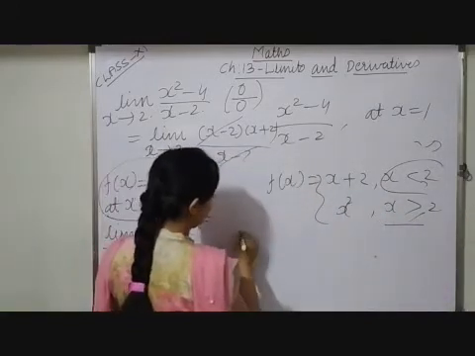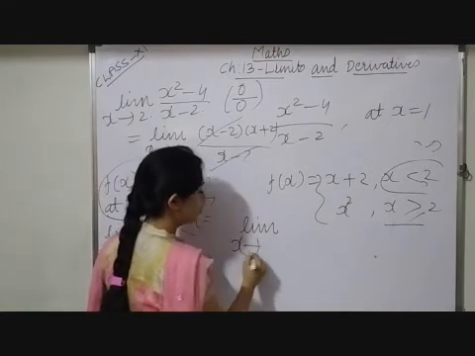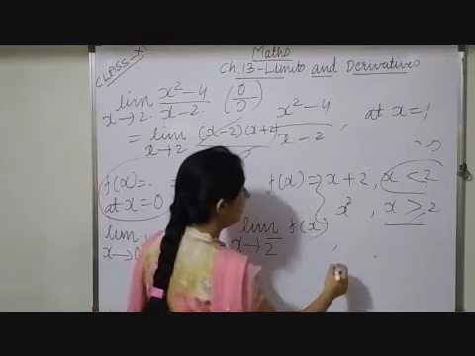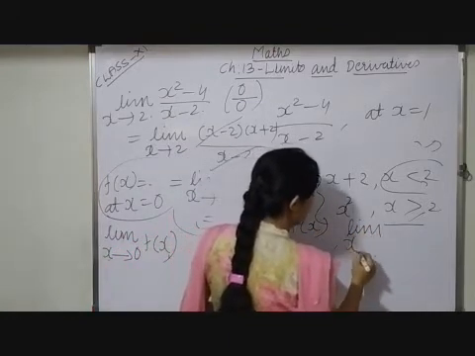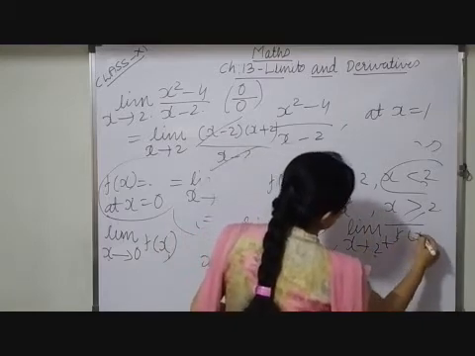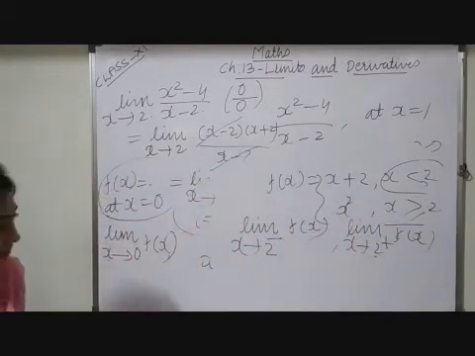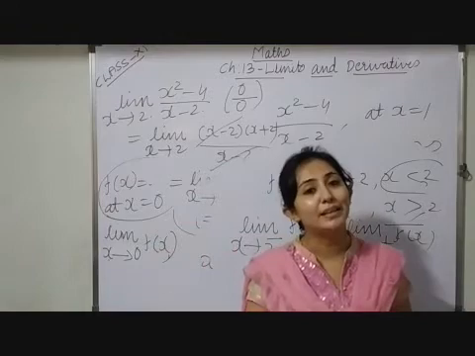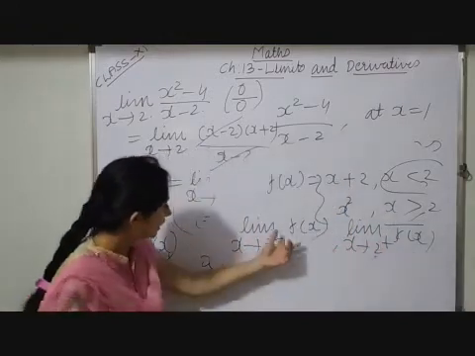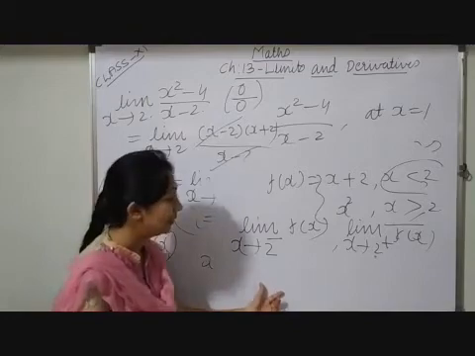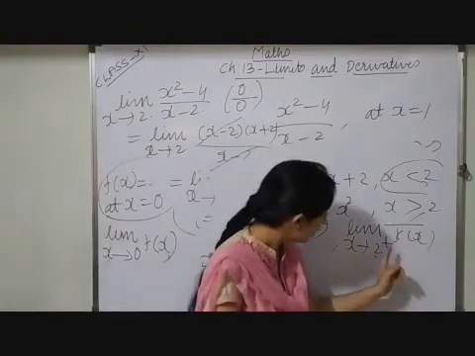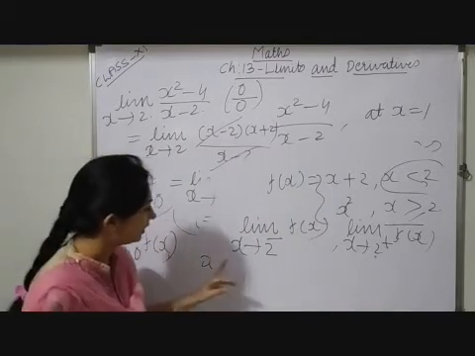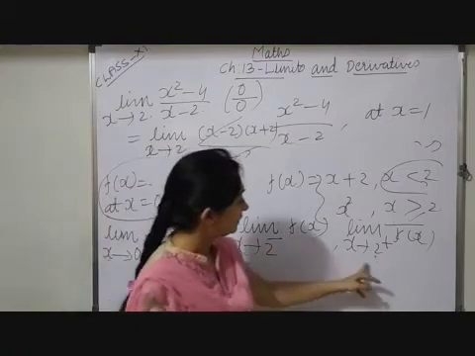So at that time you have to check limit x tends to 2 minus f of x for the left hand side, and we have to calculate limit x tends to 2 plus f of x. And if the limits of both the left hand side and right hand side coincide, then only we can conclude that the limit exists. Coincide means whatever answer we obtain using the left hand side, that same result we should obtain using the right hand side limit. Here the difference is, in place of writing 0, we have to write down 2 with a negative sign, and 2 with a positive sign.